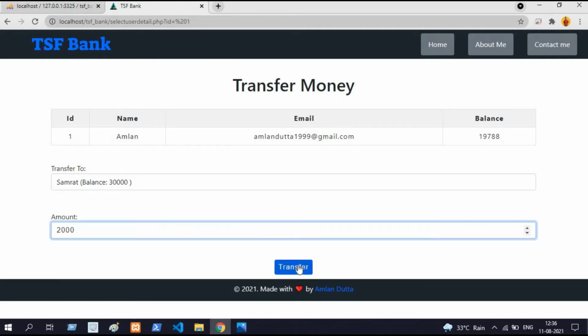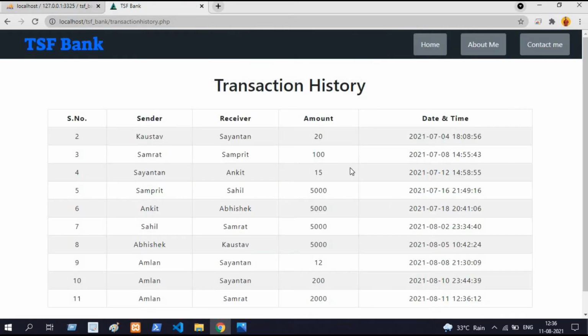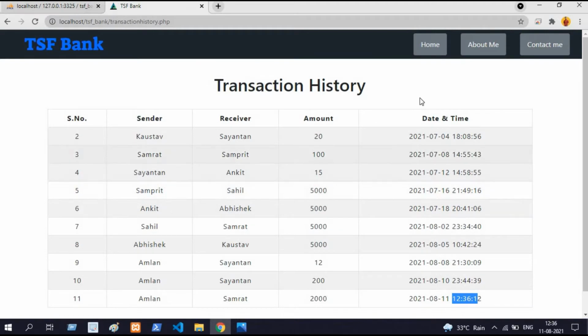Let's transfer. So here it is showing me transaction successful. I have already transferred 2,000 rupees to Somrat, and here it is also showing me the last transaction, that is Omlan to Somrat, a money of 2,000 rupees on today's date, that is 11th August 12:36. So this is the transaction history, so it is perfectly working.